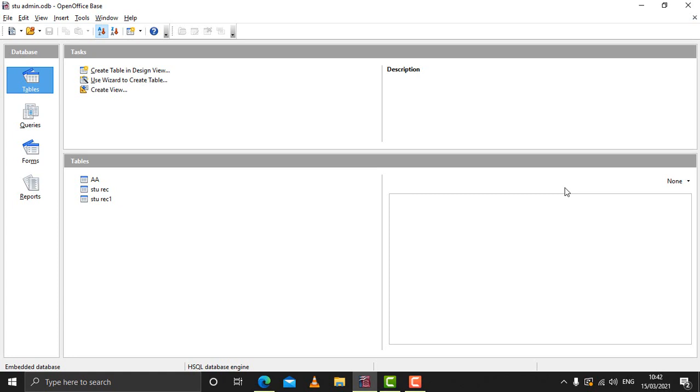Depending on the working process of the commands, we have different types of commands or statements in SQL. The very first one is data definition language, DDL commands, and the second is data manipulation language, DML commands.